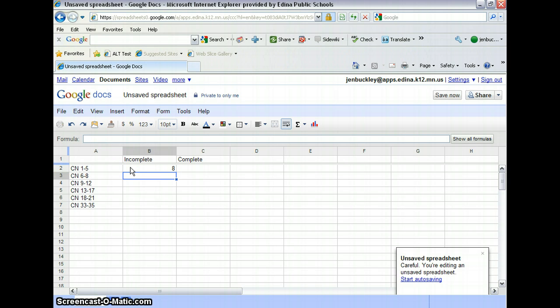So on the first day there were 8 kids who didn't do their Cornell Notes. On the second day there were 9. On the third day there were 10. On the fourth day there was 10. On the fifth day there was 13. And then I missed a couple days, and on that last day there were 20 kids who didn't have their